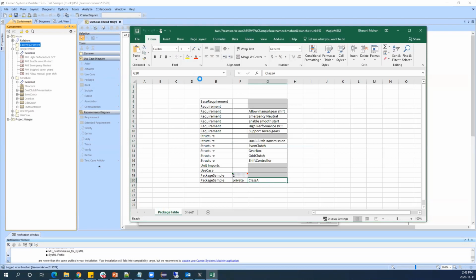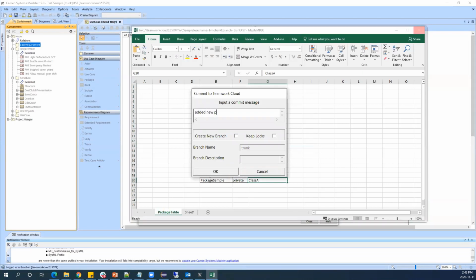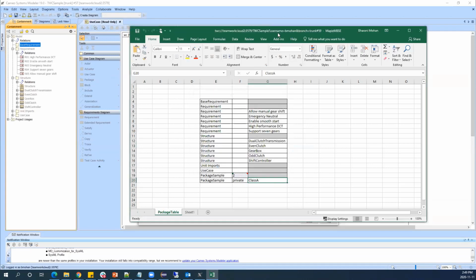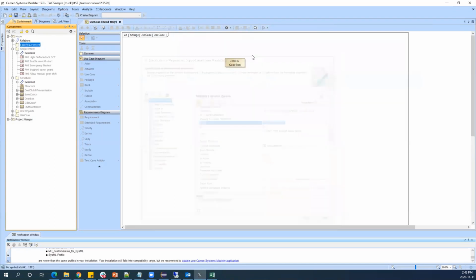Now I can double click on the save button, add a new package, and I'm going to commit this to the server. So here, I'm going to update my information.